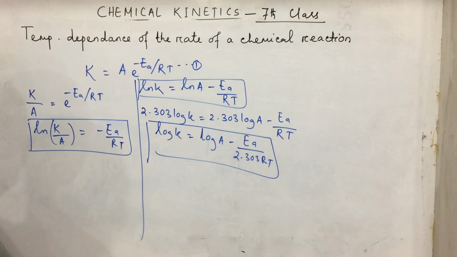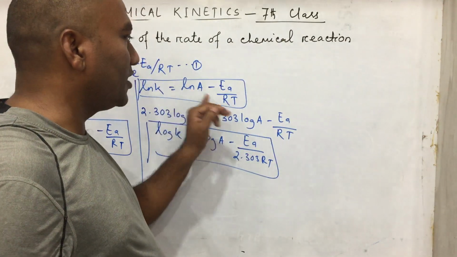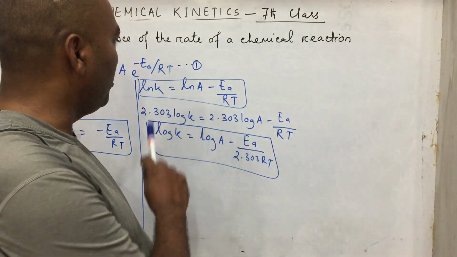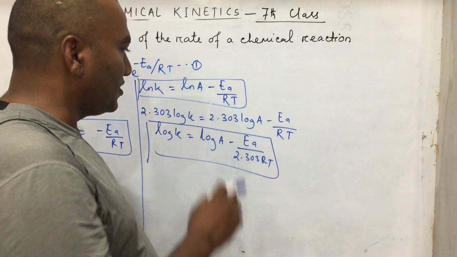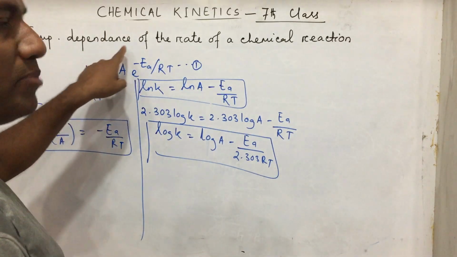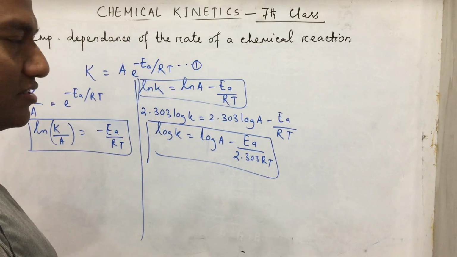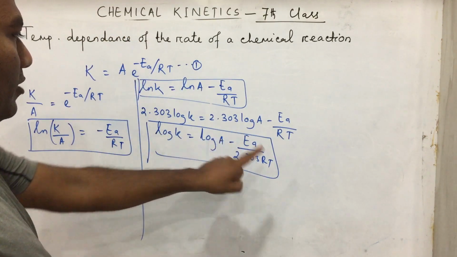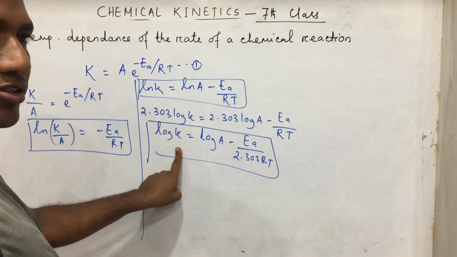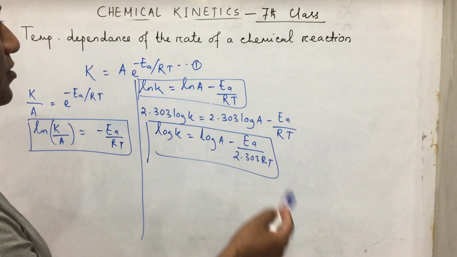From the very beginning I said that in this chapter we will read theoretical, mathematical and graphical parts. The theoretical and mathematical parts are done. Now, how can you explain the same thing graphically? Our heading is temperature dependence, meaning when temperature changes, how the rate of the reaction changes. For a particular temperature I have taken one rate constant, so when temperature changes, how does the rate constant or the equation change?